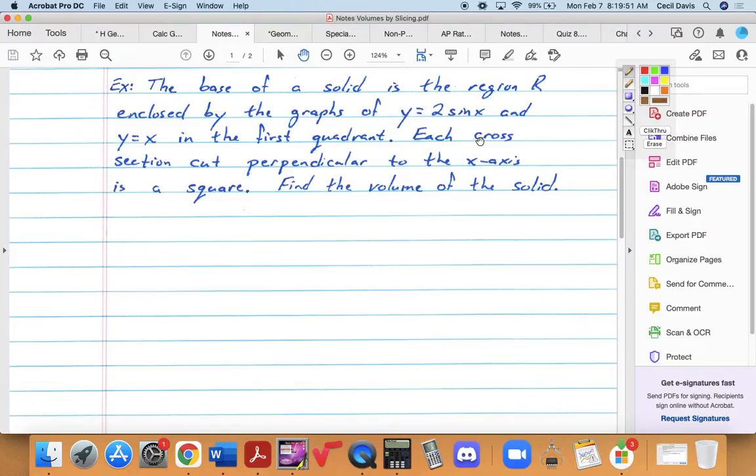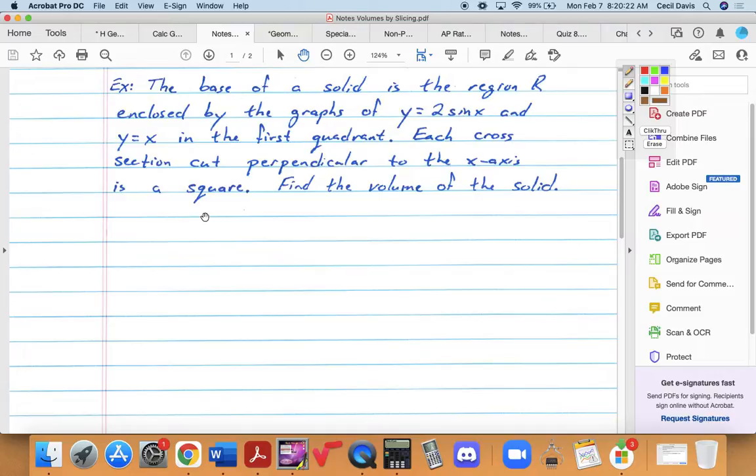Then here it says each cross section cut perpendicular to the x-axis is a square. Okay? Do you need to be able to visualize this in 3 dimensions? No. I have some colleagues that I've talked to about this at length and I couldn't convince them, but I have some colleagues that teach this that spend 3 or 4 days building models of these. I'm like, that is a waste of time